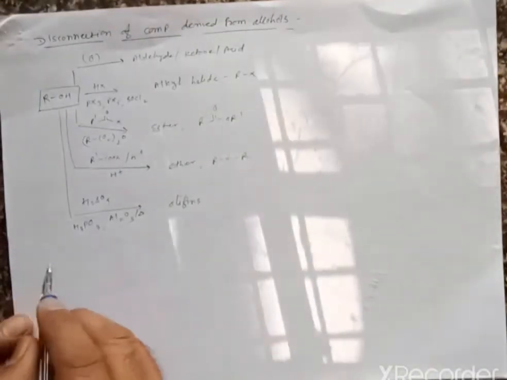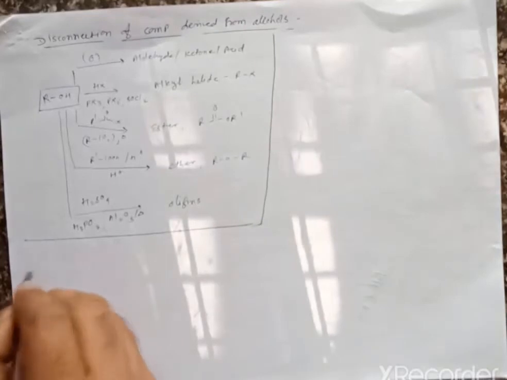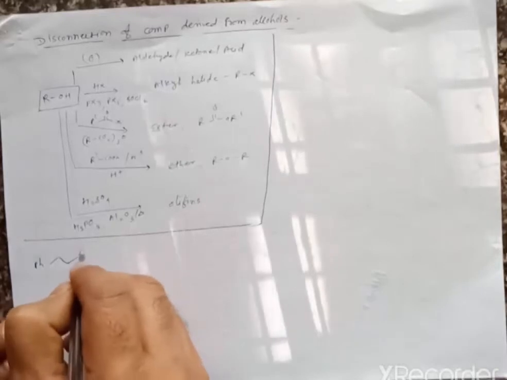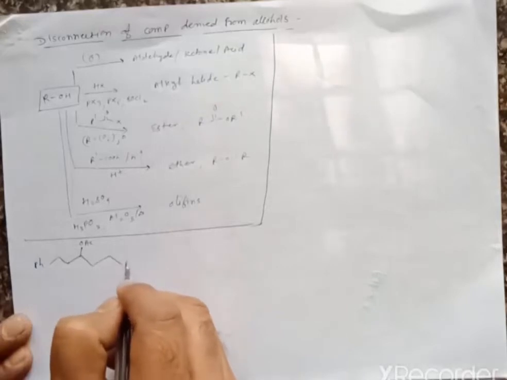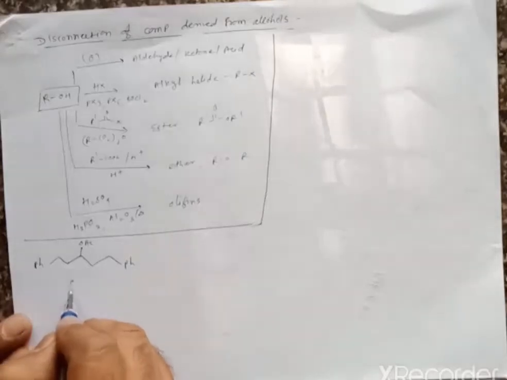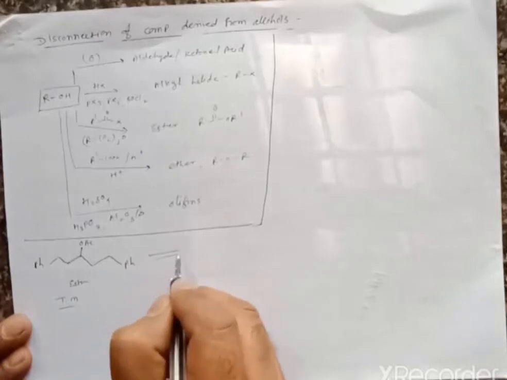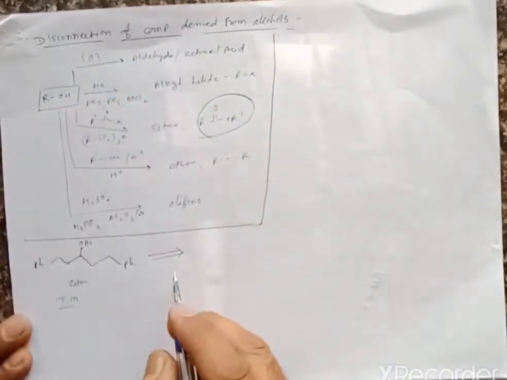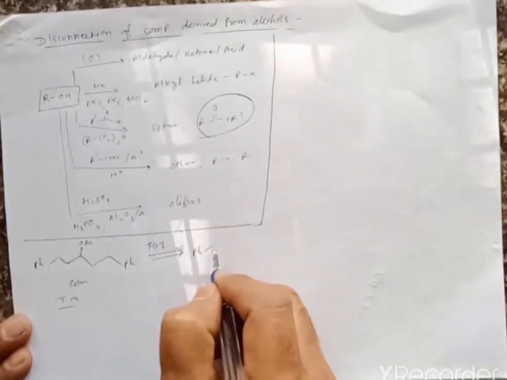So let us take one example of such a compound. If we take a target molecule PhCH2CH(OAc)CH2Ph, this is a symmetrical ester, and we can say this is the target molecule, right? We know that for the retrosynthesis, if an ester is there, then by FGI, functional group interconversion, we can take this molecule as an alcohol, right?